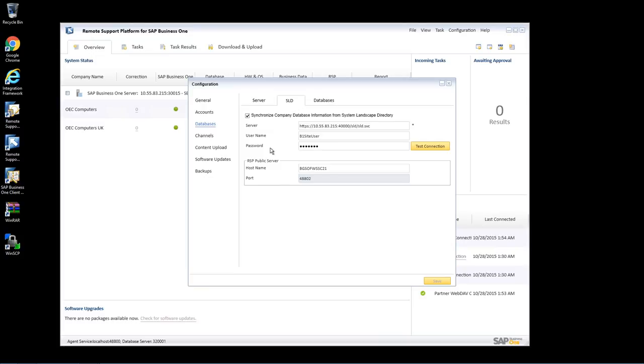This new ability reduces maintenance efforts as landscape changes done in the System Landscape Directory on a customer site are automatically replicated to the Remote Support Platform. But just note that the System Landscape Directory connection must be configured as a prerequisite for enabling the HANA databases backup via the Remote Support Platform, which will now lead us into introducing the next highlight for the Remote Support